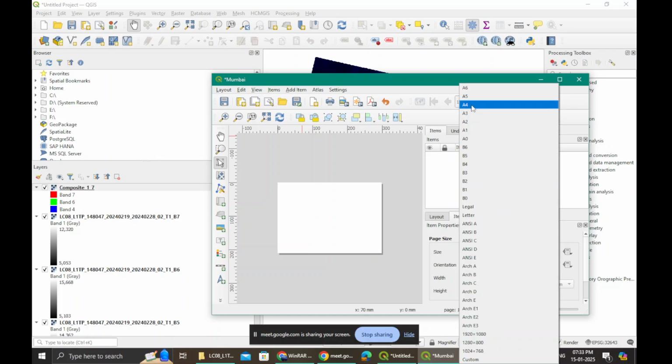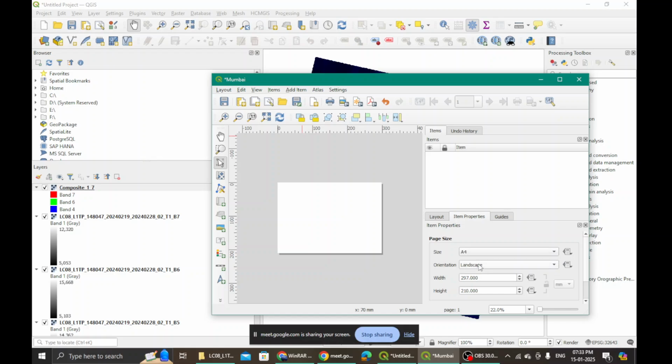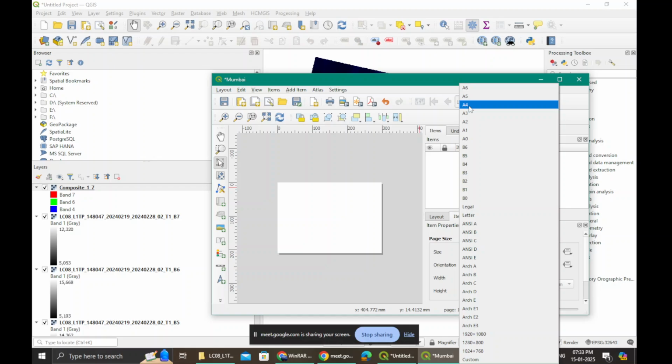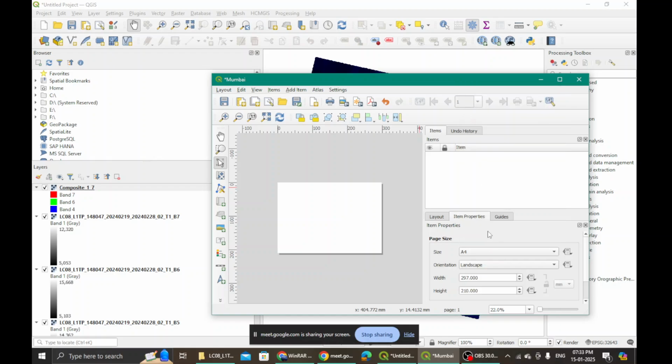Okay. So change that to A4, whatever size you want. I want it to be A4 and density. Let it be blank, my dear. But the item properties option is not coming. Like you have to select A4, na? That option is not coming. Size is not there. Item properties, did you check? This has to open. Do you have a page here? Yes, item properties, it is showing blank only.